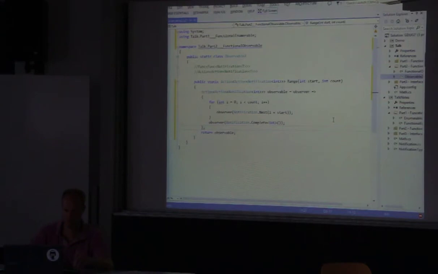So, you know what? Actually, we can write it like that, which I think is quite clear. We could also just write this, but I think we lose some clarity. I may well switch between the two while I'm talking, but trust me, they're semantically equivalent. It's just that here we get to state that this guy is the observable, and into the observable we're going to pass this observer. So I think it makes it a little bit clearer. Okay, so next thing we're going to do is we're going to